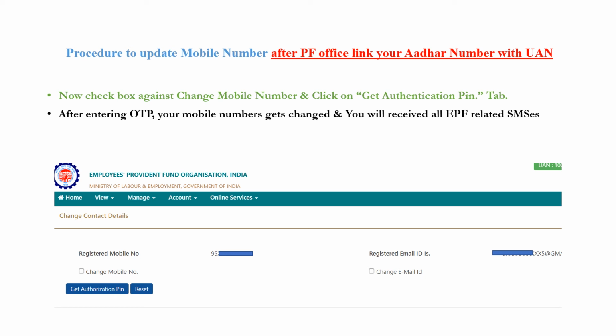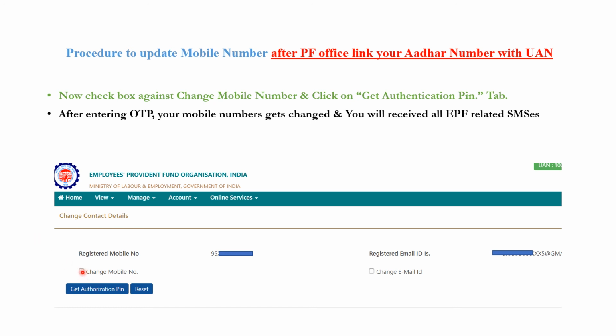Then you have to click on the change mobile number checkbox and then click on get authorization pin. Once you click on get authorization pin, you will get a new pin number on the new mobile number. Listen very carefully, I am just showing here.